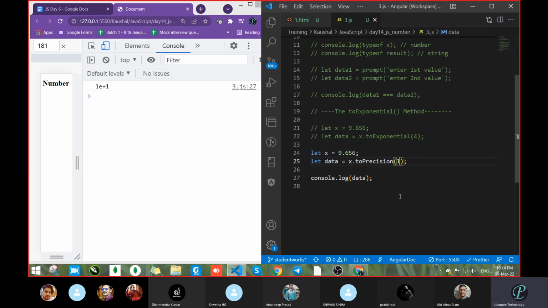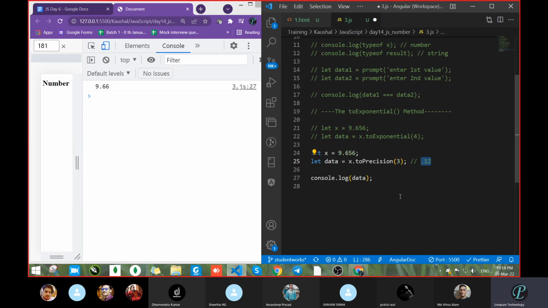1 e power something we got. Then we passed 2. It converted to 9.7. Okay. Pass 3. What happened? Are you getting how it is representing the value? In the case of toPrecision, it gives you the length you specify. You give it 3, 3 becomes 1 decimal, then 1, 2, this becomes 3, 1, 2, 3.